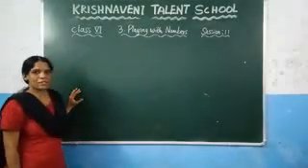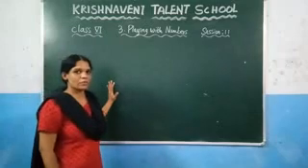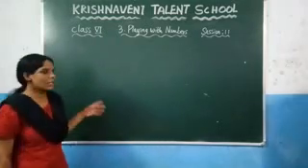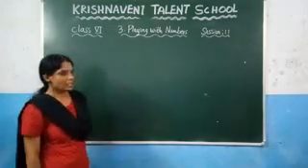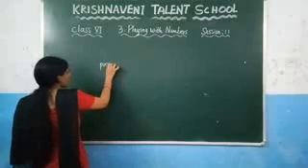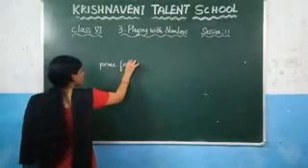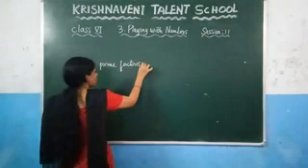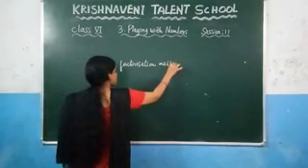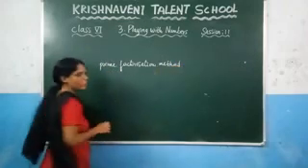In the last session, we discussed how to find the LCM if you are given any numbers. We discussed the prime factorization method, and the next one is the division method. Let us have a brief recap about the prime factorization method. You can find the LCM of any two given numbers by using the prime factorization method. Yesterday only we discussed it.